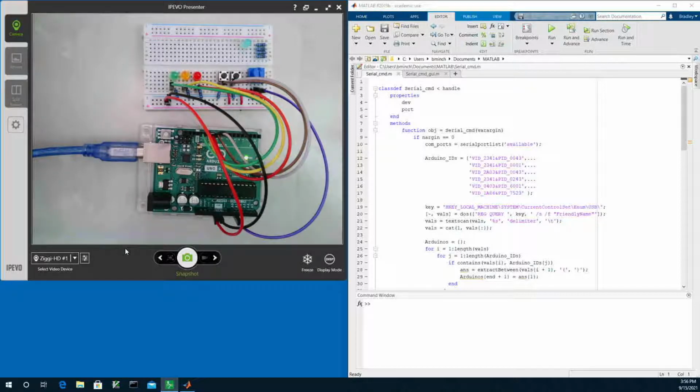I want to give you a brief demo of them and walk through the code to show you how it works, in case you prefer to work in MATLAB, or it's easier for you to work in MATLAB than it is